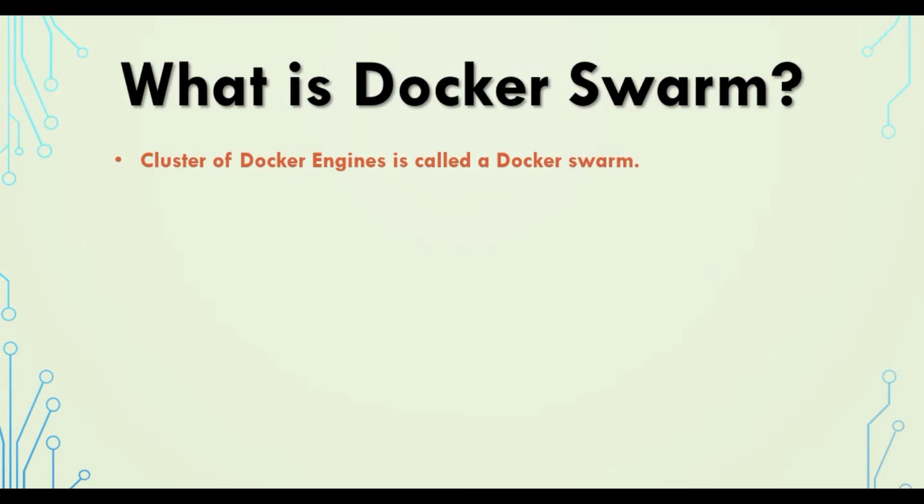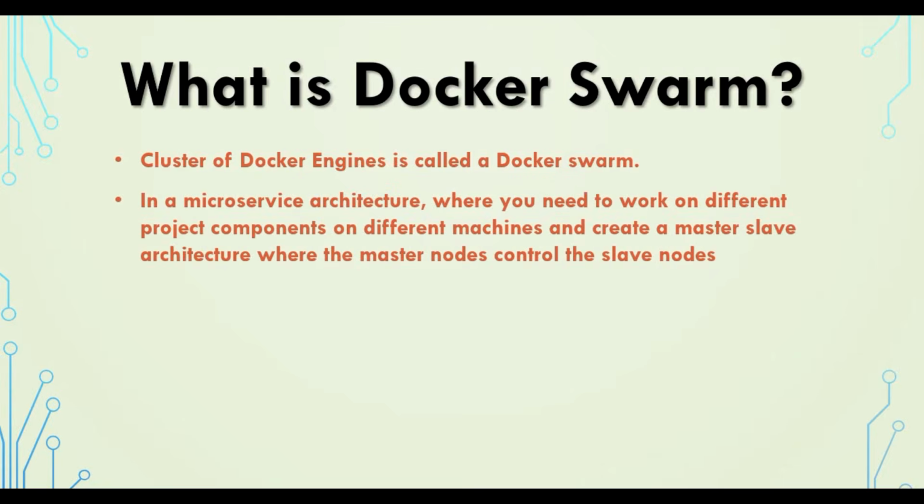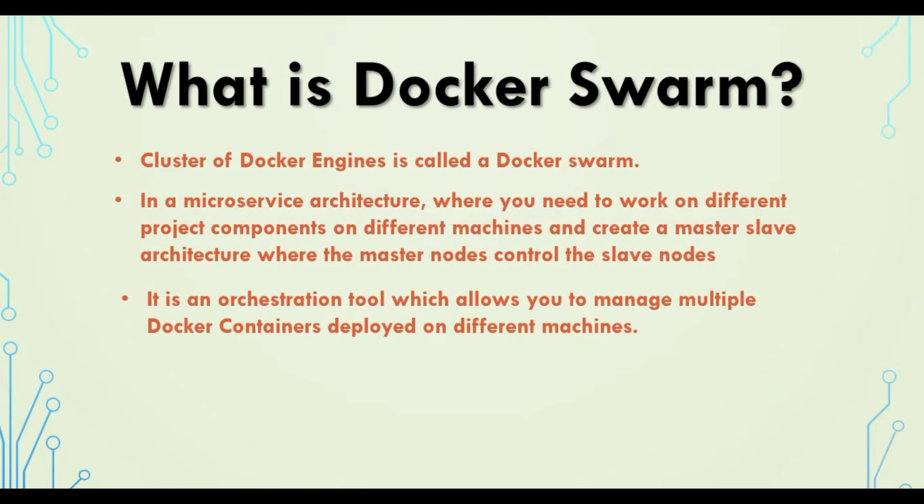That is where we come up with the concept of Docker Swarm, and it is basically needed for microservice architecture when you need to work on different project components on different machines, and you need a master slave architecture where the master controls the slave nodes, right? Similar to Kubernetes. If somebody knows Kubernetes, it's the next topic after Docker, on which I'll be creating a tutorial for the full course. I already have other tutorials on Kubernetes and single videos you can refer to in that playlist. But in the same way, it's an orchestration tool which allows you to manage multiple Docker containers deployed on different machines,